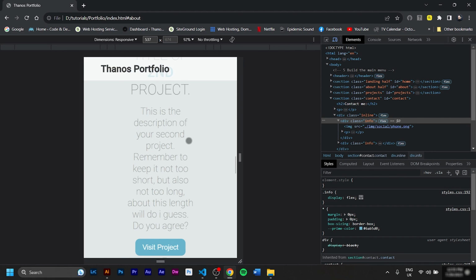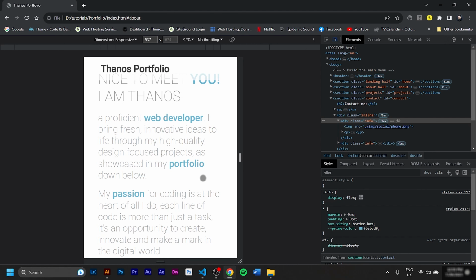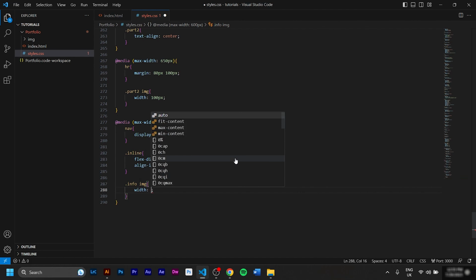So as we go a bit smaller, we see that all the text is too big for this screen. So we have to actually do a lot of changes on padding, margin, font sizes, and all these things. You can of course play around and experiment with these things, but I'm going to give you my solution now, and I'm going to put everything on this specific media query. I'm going to shrink a little bit the photos on my info, which was the cell phone and the mail. So I go .info space img, width 40 pixels.